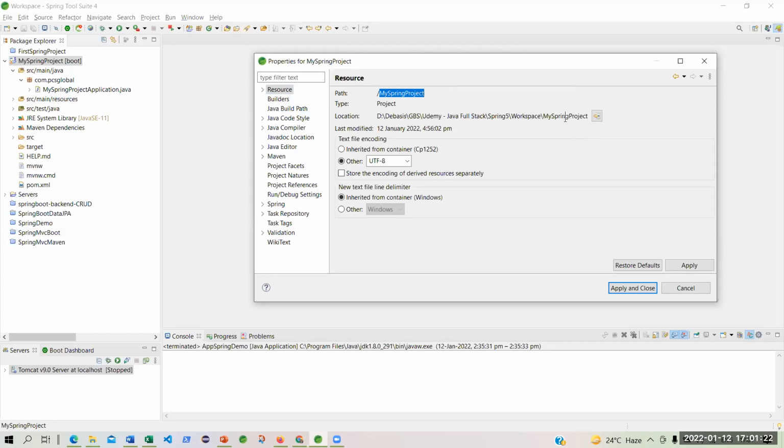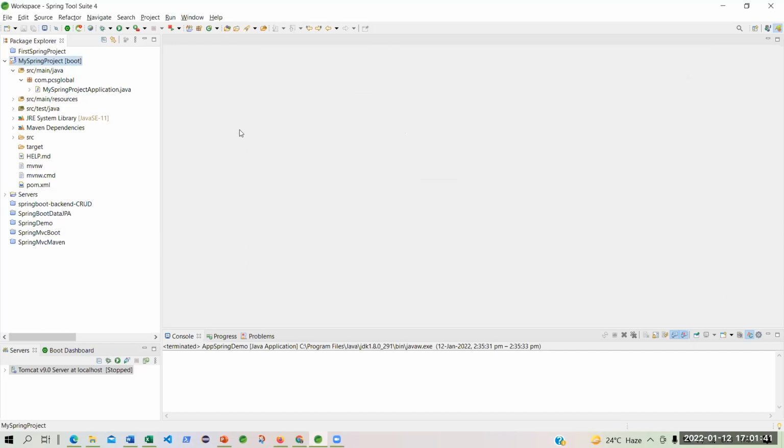So this project is getting created under that. Clear? So under this, you will have src/main/java, under which you will see com/pcsglobal, under which you will find the first Java file. Clear the structure?